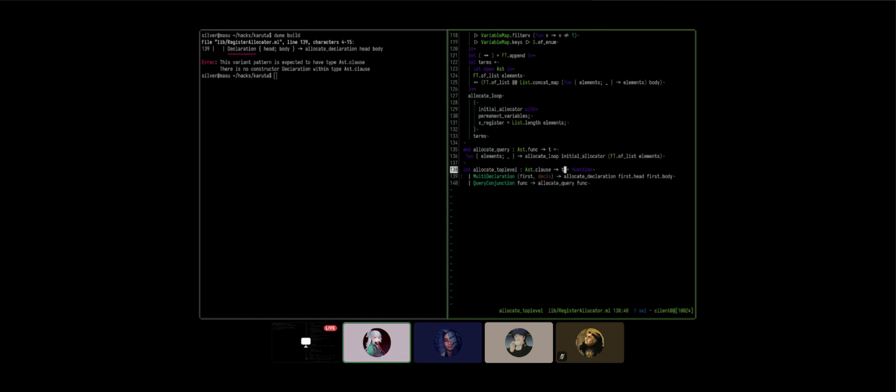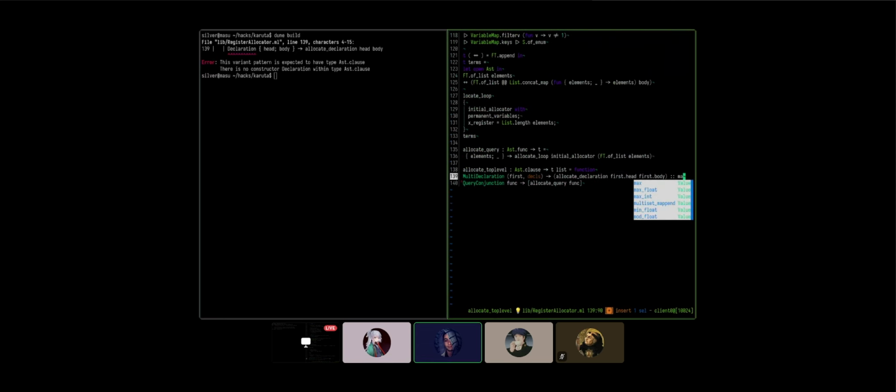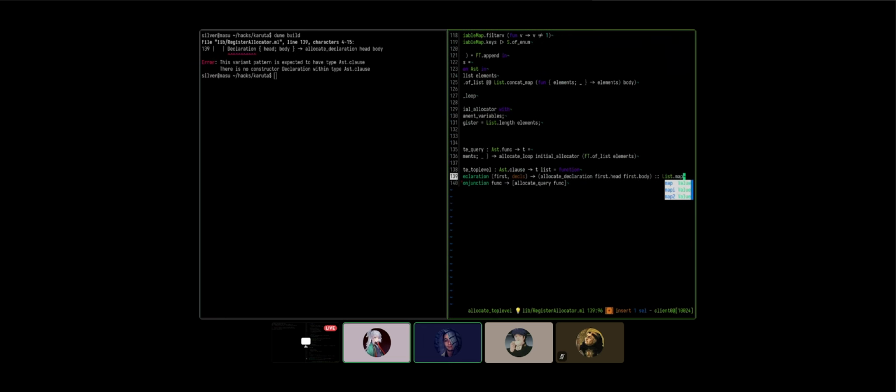Actually, there's an easy way to fix this now that I think about it. Go for it. If we say that this is a T list, right? We can say this is a singleton. No, but that's a problem, because the compiler is under a different assumption.